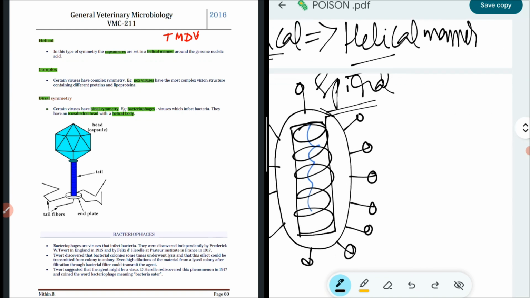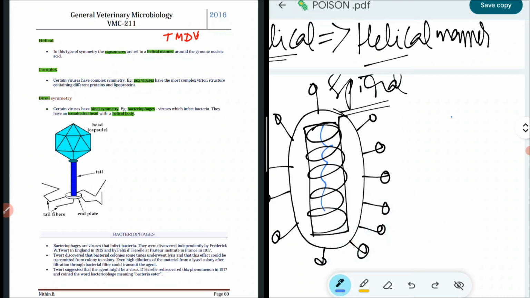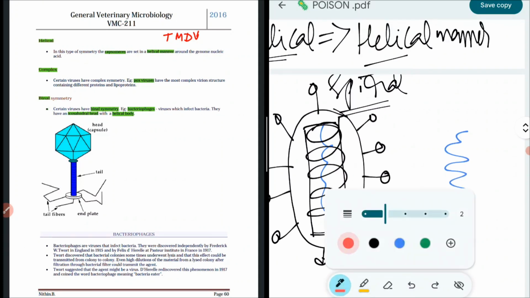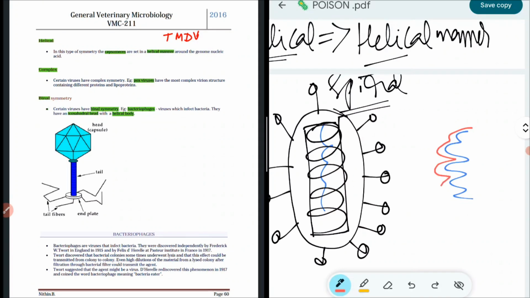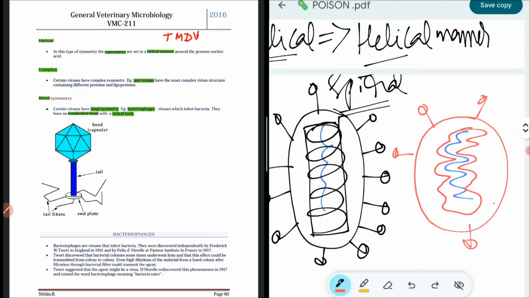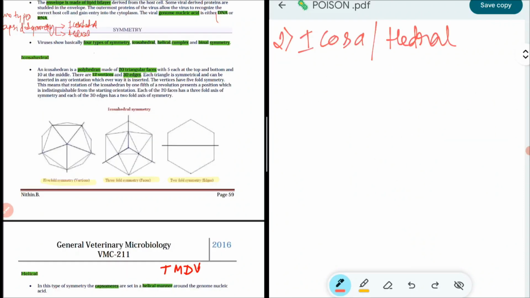Now, if I want to give you a cross-sectional view of this helical symmetry, it will look like this. Consider this will be a genome. Then around the genome, there will be capsid. This is capsid, and this is enveloped by lipid bilayer, that is envelope. And these are again the glycoproteins, nothing but these spikes. So this is the helical symmetry of virus. Now the next we will discuss is